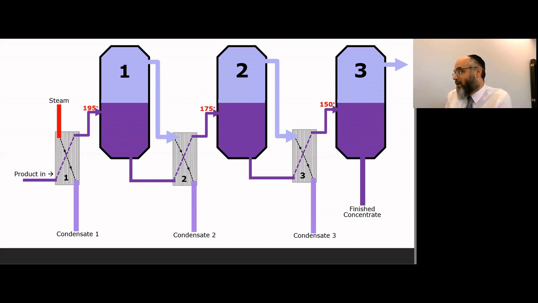You could pour it down the drain, or you could use it someplace else in the plant, or you could use it as your first rinse in your CIP. Your CIP first rinse doesn't have to be great, but you need hot water. You have free hot water coming out of here, so why let it go down the drain? Send it to your CIP tank and let it use that for your first cleaning of your equipment